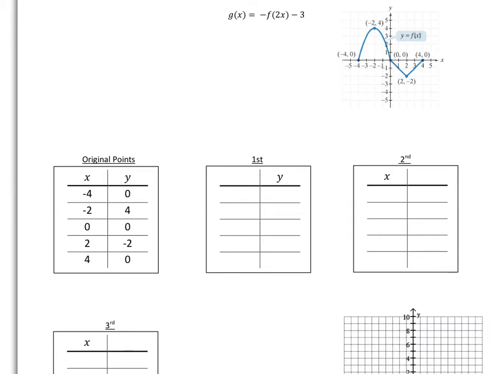So, like we just said, the first transformation that we would be performing would be that horizontal shrink. And that horizontal shrink, going back to our chart, has a general form for our ordered pair as being x over c, comma, y. Well, c would be whatever number was being multiplied, which in our case was the 2. So I'm going to fill in this table to show that we're actually doing x over 2. Our y is going to stay the same. So if you want to fill that in now, we definitely can.